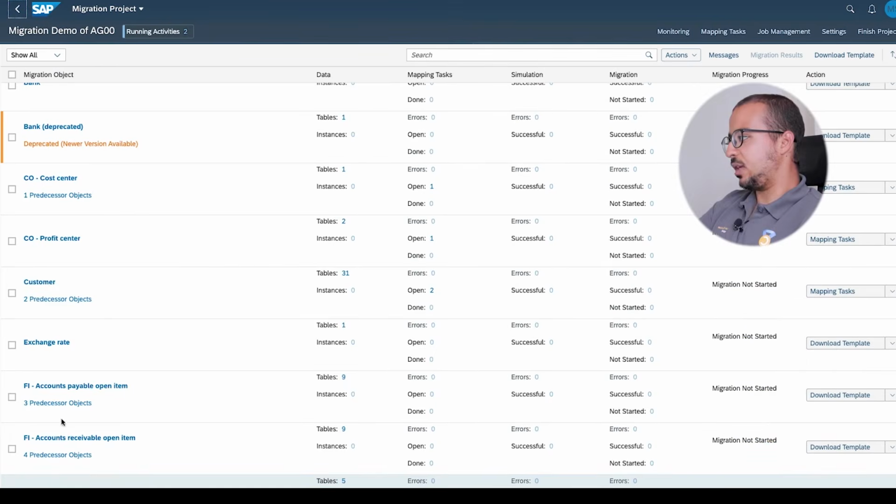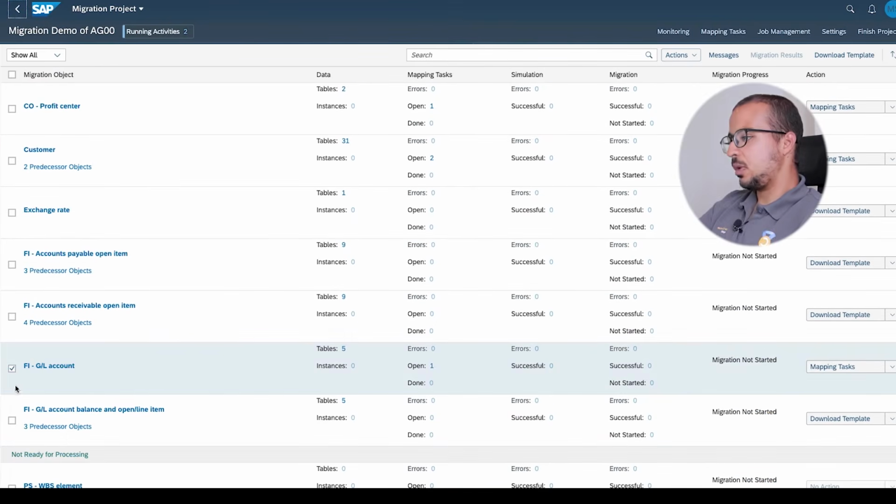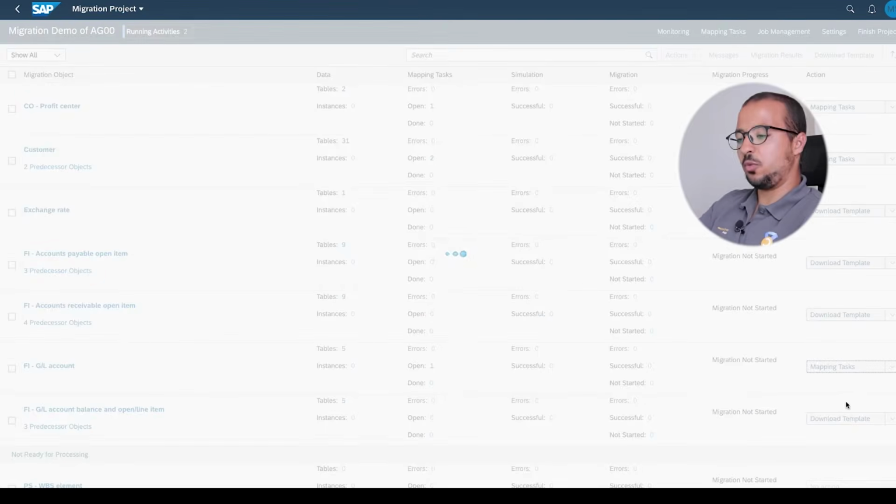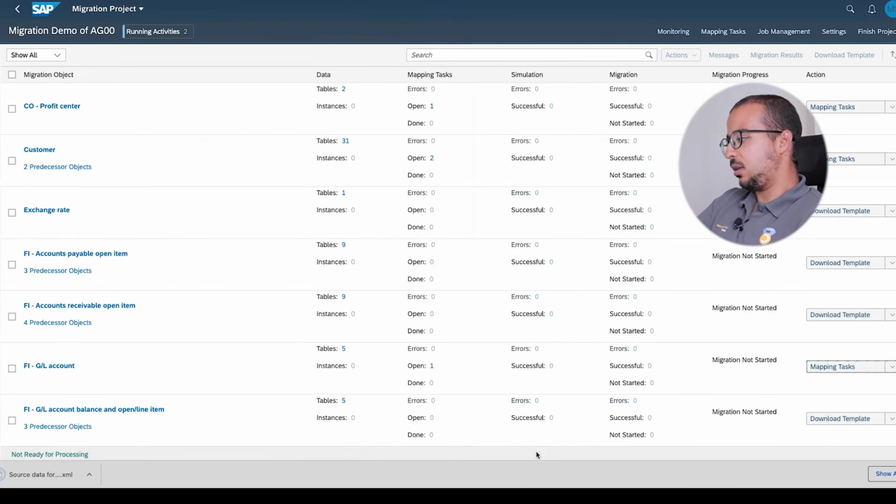So I will select the FIGL accounts, and then here we have the mapping tasks. So far, mapping tasks, we only have one, simulation 0, migration 0. I will proceed with the first step, download template, before we do the mapping. So this will download the Excel template that I can fill with my data. So here I will click on Show in Finder, and here